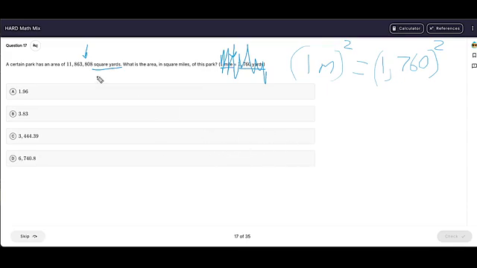So if we have 11,863,808 square yards, I'll just call it y squared, we want to multiply that by 1 mile squared divided by